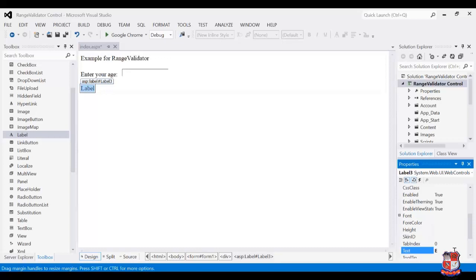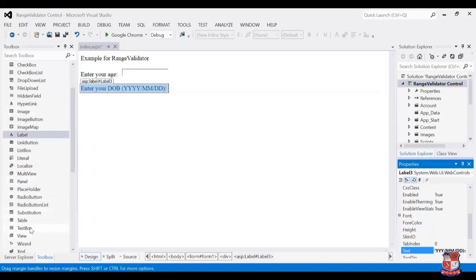Then I'm taking another label control and setting the caption of it by setting the text property, that is, enter your date of birth. I will write this as DOB, and I also write the format for it, that is yyyy-MM-dd.